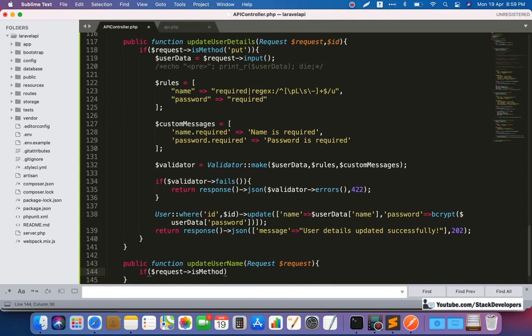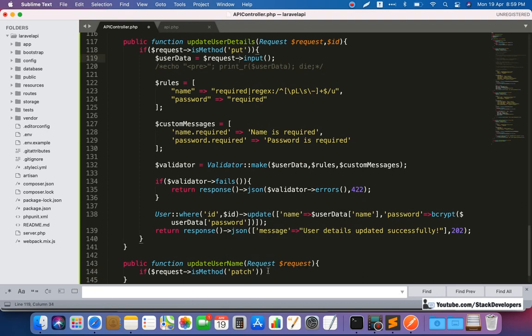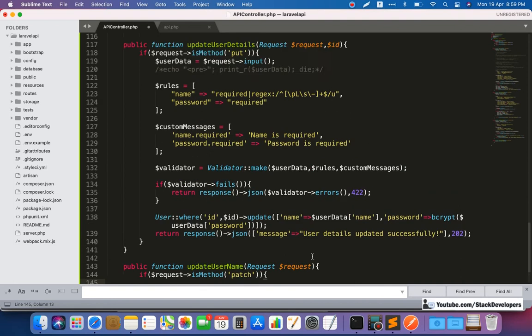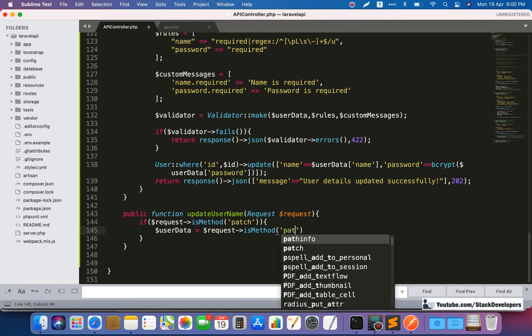The patch method. Like we have used the put method earlier, now we are going to use the patch method. In the patch method we are going to receive the user data equal to $request is method patch.